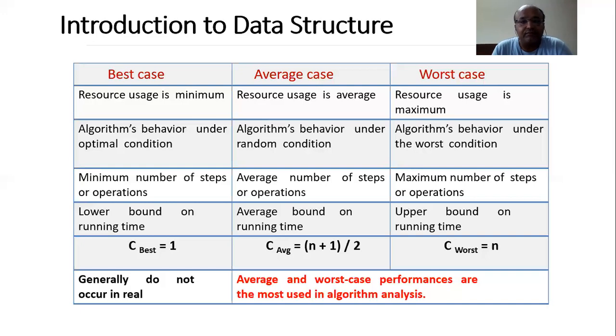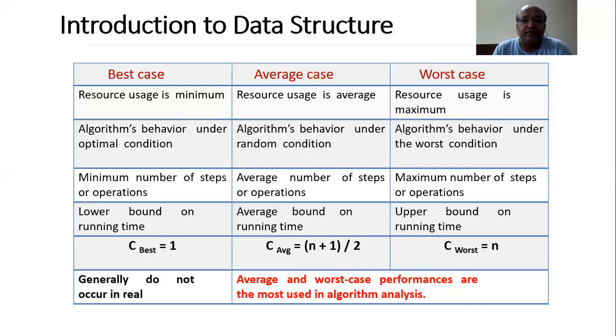Worst case. Correct? Now, as we have taken the example of sequential search or linear search, in the best case you get a time complexity of 1. In the average case, you get (n+1)/2. It indicates that at least you have to scan half of the elements. If you have n elements, the equation will be (n+1)/2. In the worst case, if you have n elements, it will take n, so your time complexity will be n.